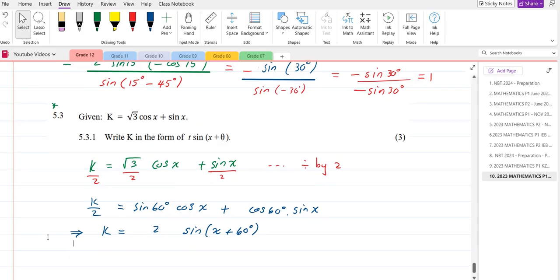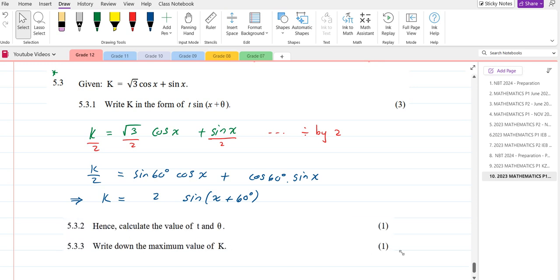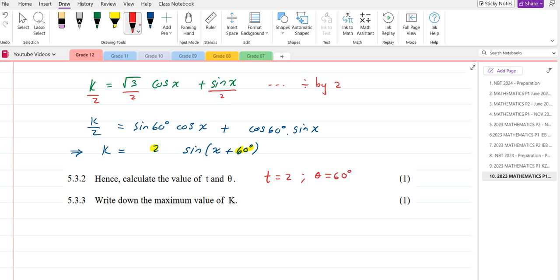Right, quite simple, the next two problems, because they said must write down the value of t and theta. You can say t is 2 and theta is 60. We're just comparing here. There's t and there's theta. So t is equal to 2 and theta is equal to 60 degrees. Write down the maximum value of k. The maximum value of k is just 2. Just write down 2. What's the minimum value? Negative 2, because that's an amplitude. Alright, so I hope you guys understood that. Moving on to the next problem,